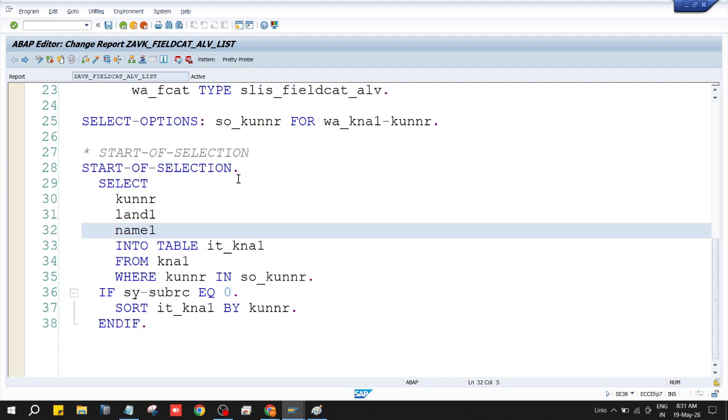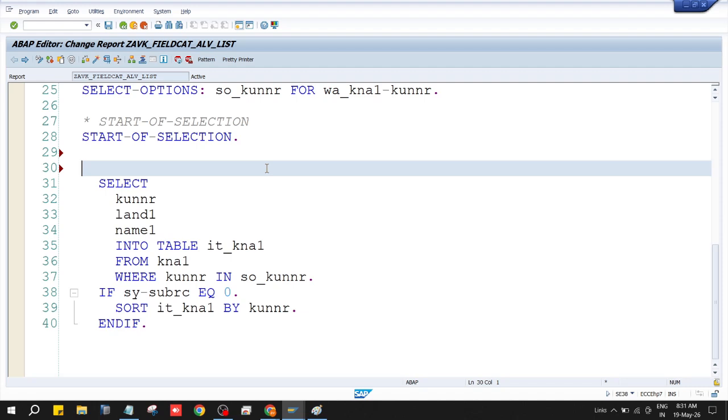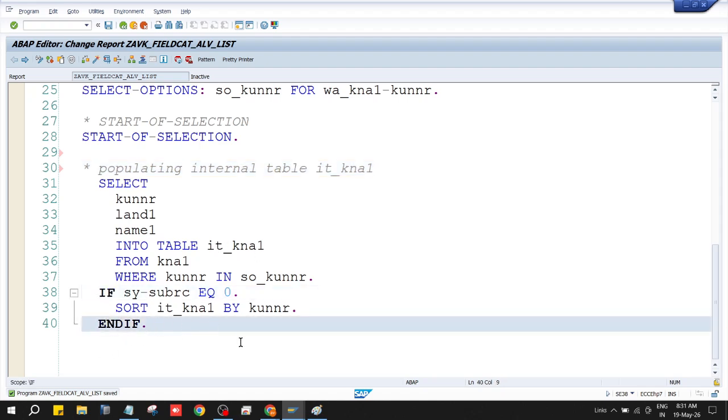That is nothing but under startup selection. What was our again few more these things: populating internal table with select query. That is, when we use select statement, select query, the word populating is relevant. Populating means fetching data from database and place it into target internal table IT. Then move on to